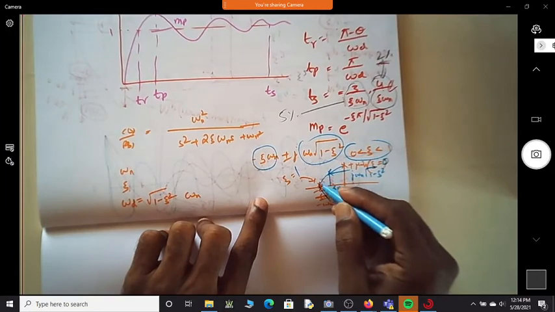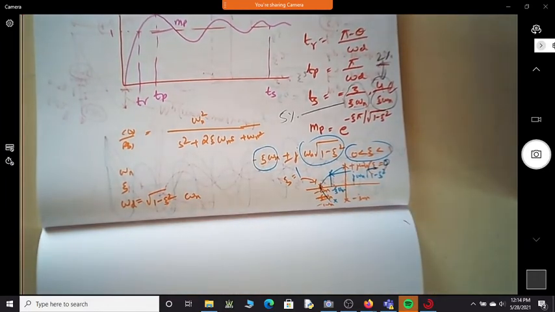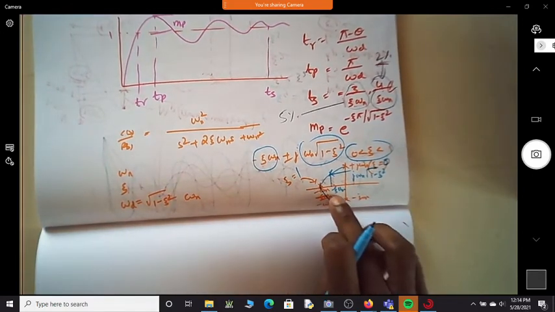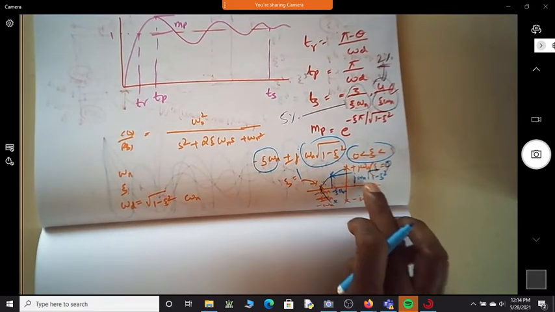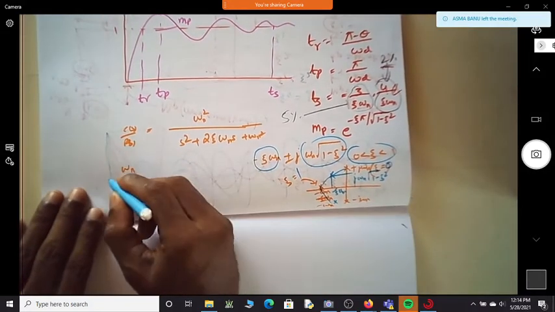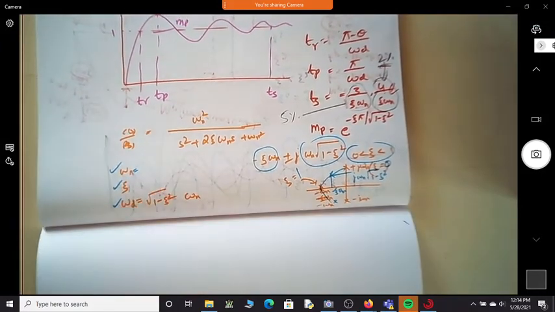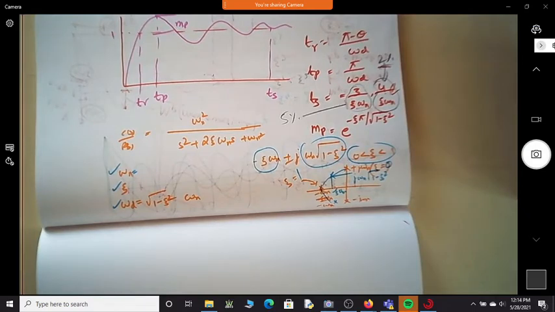And if it is in between, the poles will be on this semicircle path, with the real part as minus zeta omega n and the imaginary part as omega n under root of 1 minus zeta square. So what was the naming of omega n? What was omega n called? Yesterday we just discussed that.